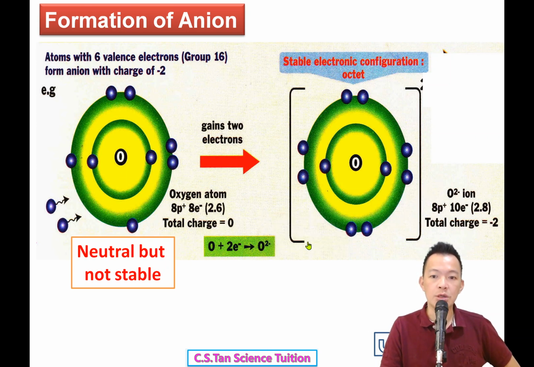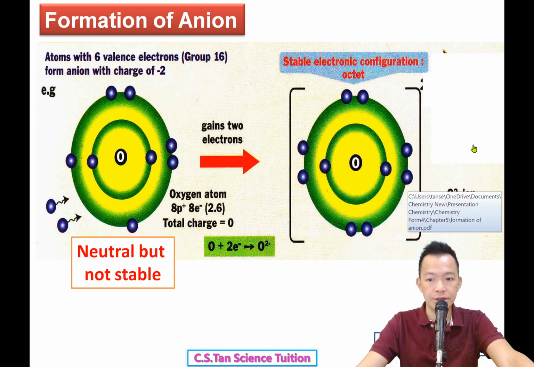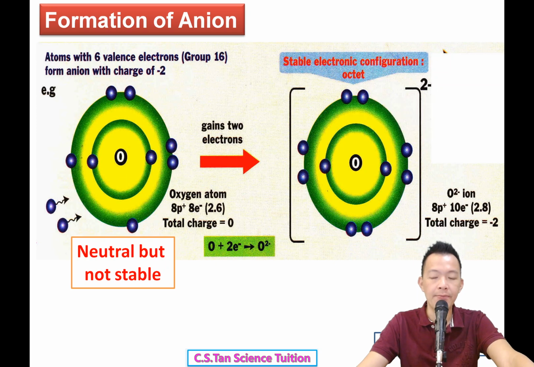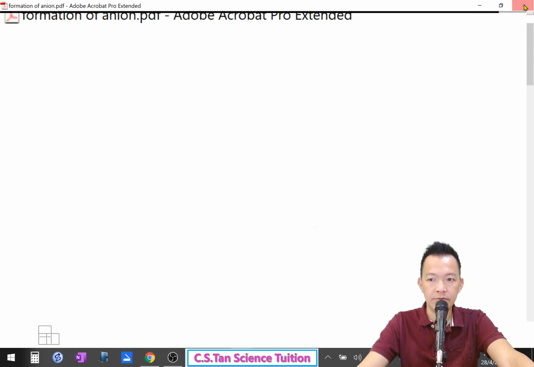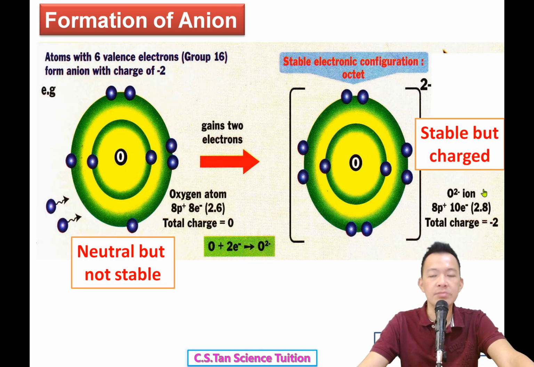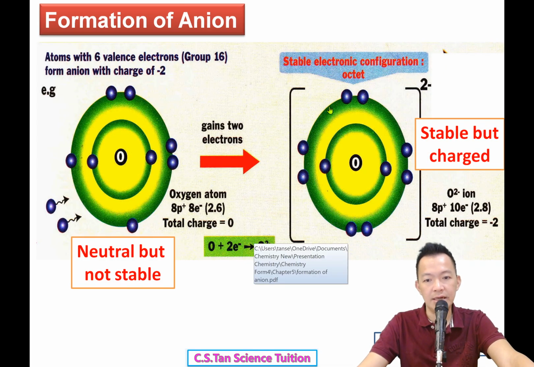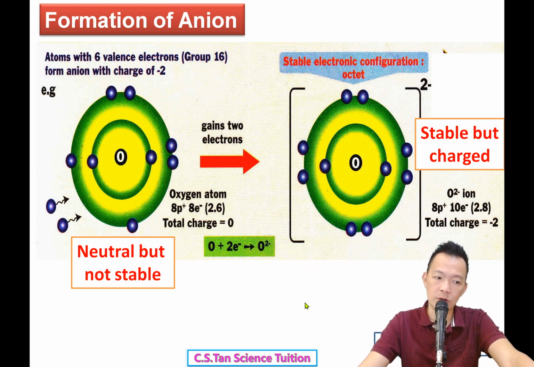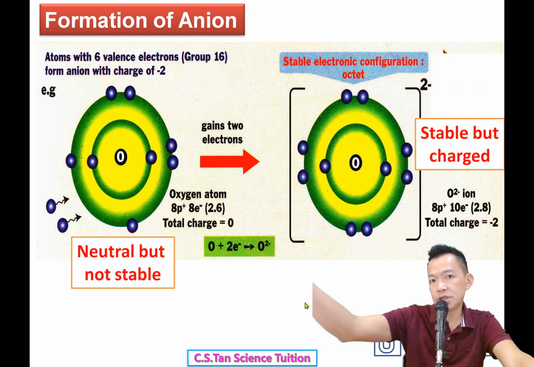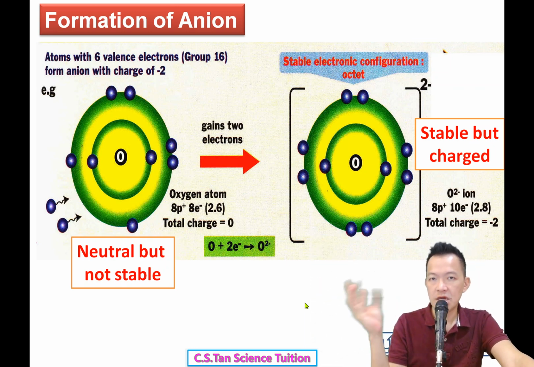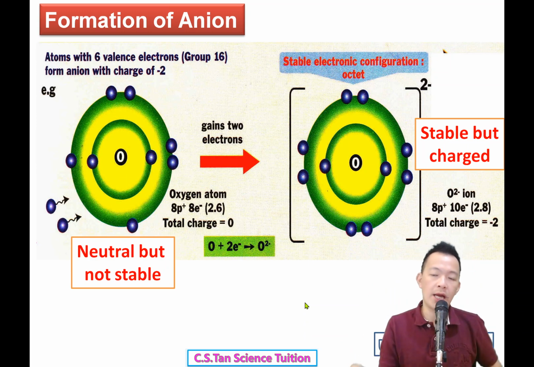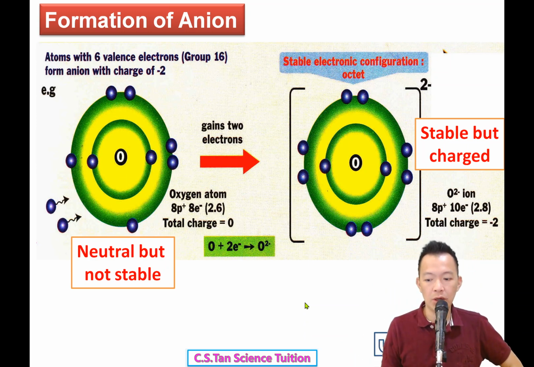Electrons are more than protons, so the oxygen atom now becomes charged. When it is charged, we call it an ion. But for oxygen ion, we don't call it oxygen ion, we call it oxide ion. When oxygen atom becomes oxide ion, it becomes stable. How do I know? The bracket here means stable. So it is charged, but at the same time stable. It got what it wanted. Some like to lose, which are metals, some like to gain, which are non-metals. One loses and one gains, so they join together and form new compounds.